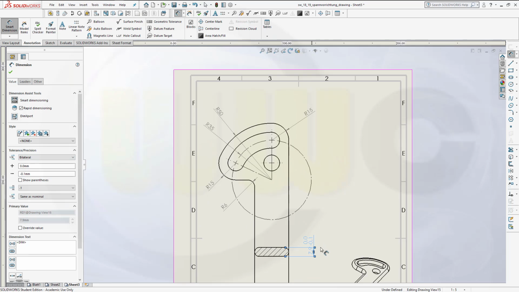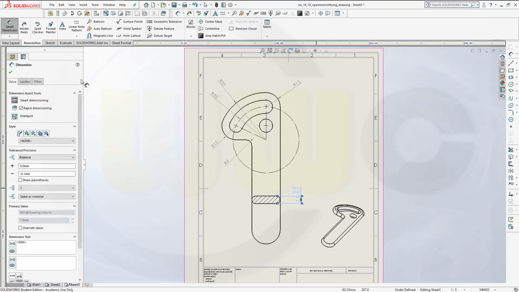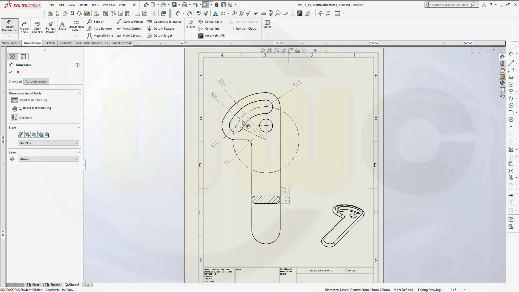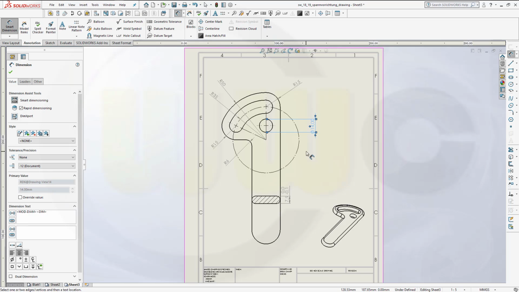Okay, then I need a dimension here, so select this one, and if you move it in that direction, you get this sort of dimension,